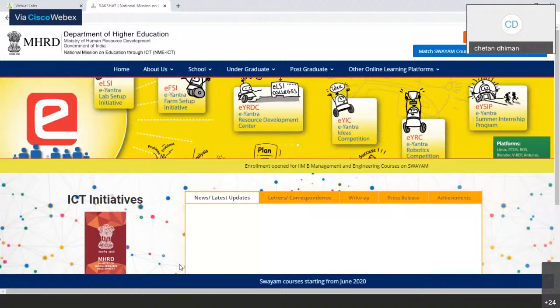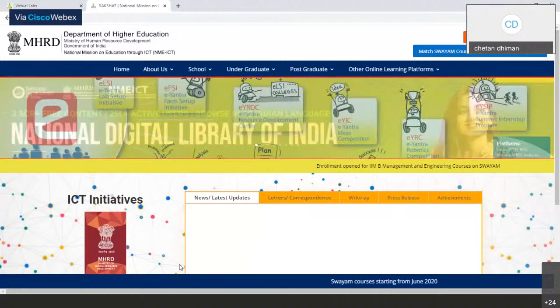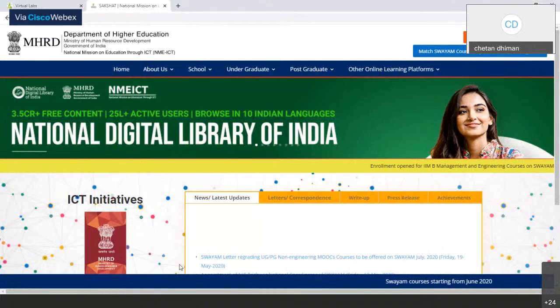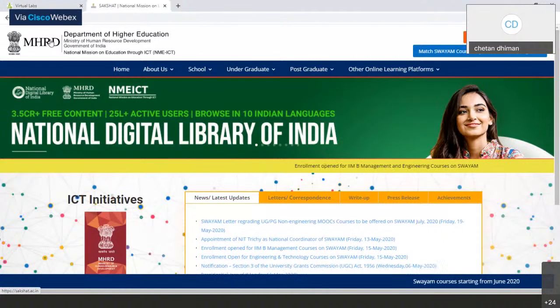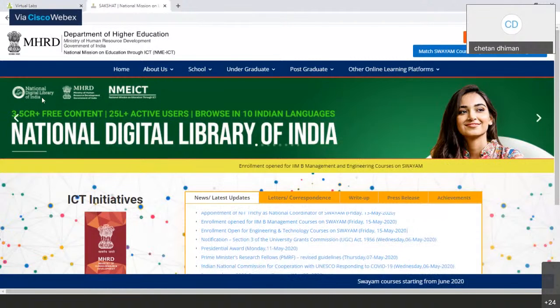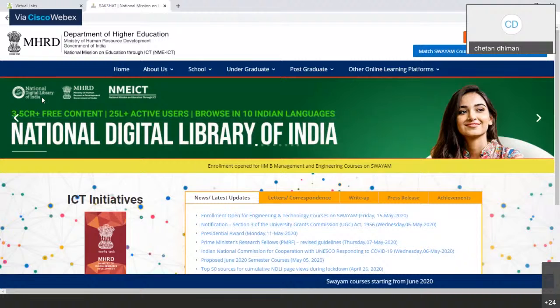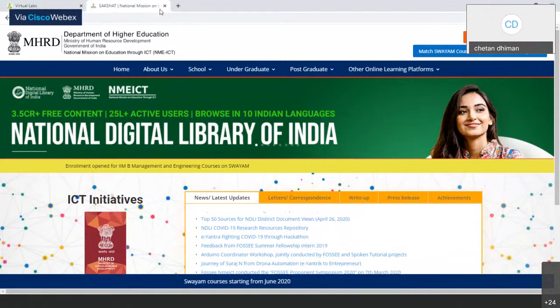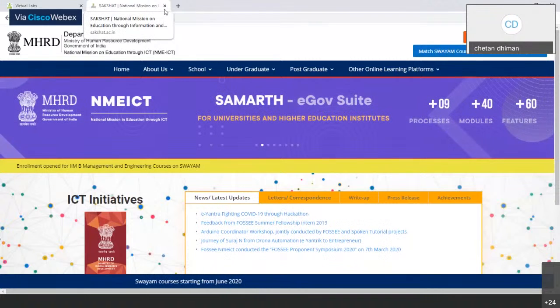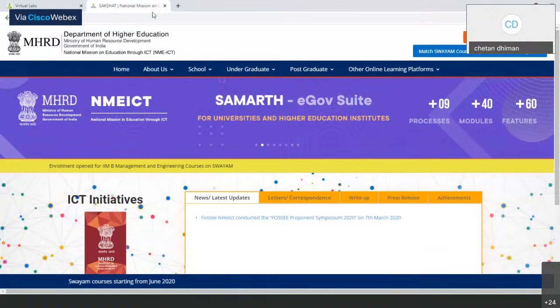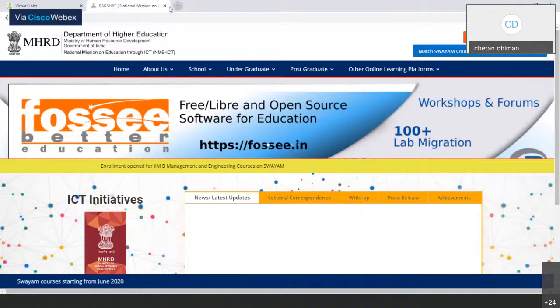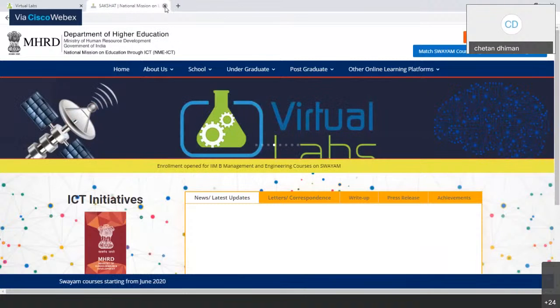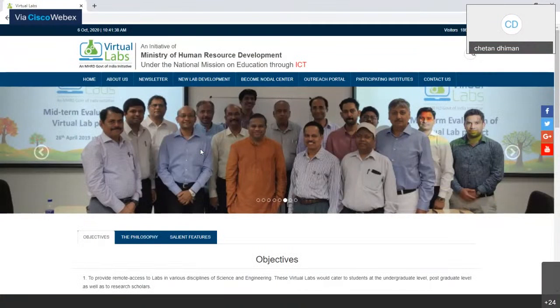Without going to the library, you can access all the books through internet. So we provide a complete learning management system to our students. A student can access all the data related to their field, their branch, get benefited and become self-dependent. So today's session, we will only focus on virtual labs.